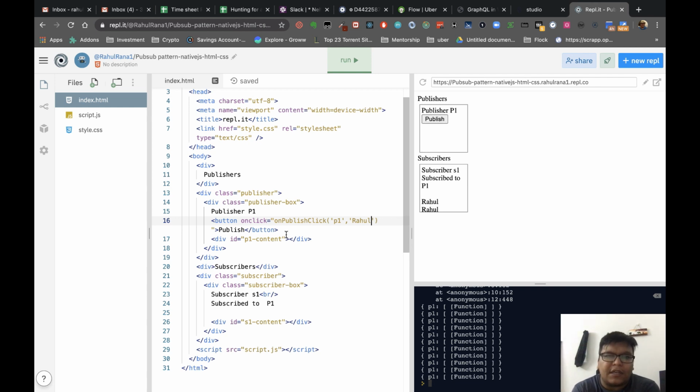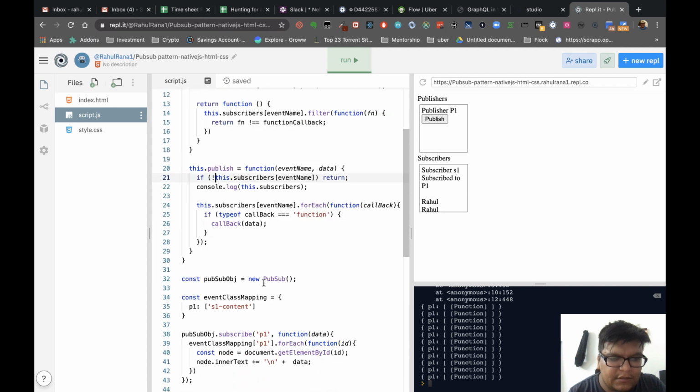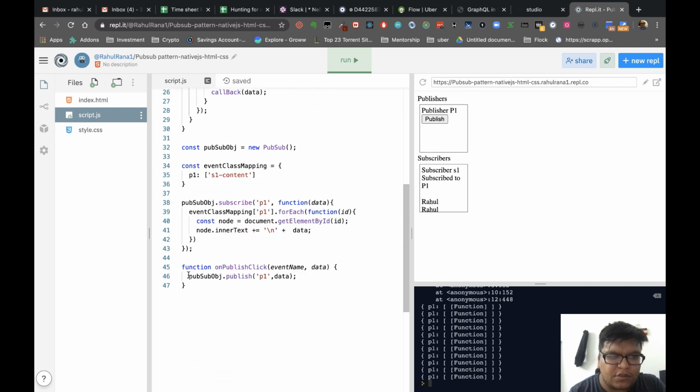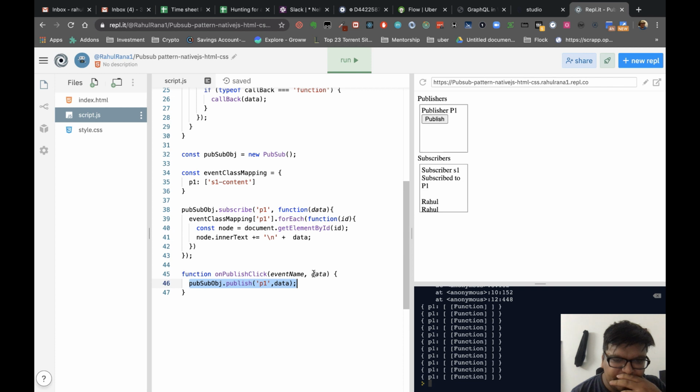So the publisher can have their own functionality, like fetching data from an API. Instead of directly publishing it, we can perform something and then publish it.